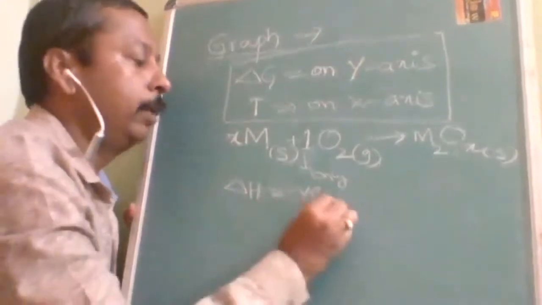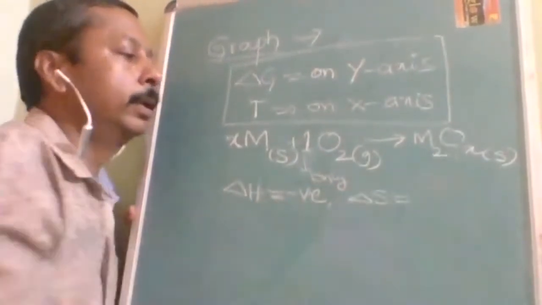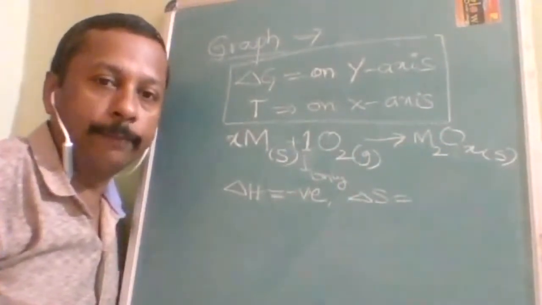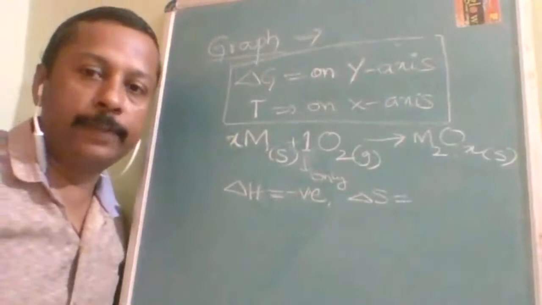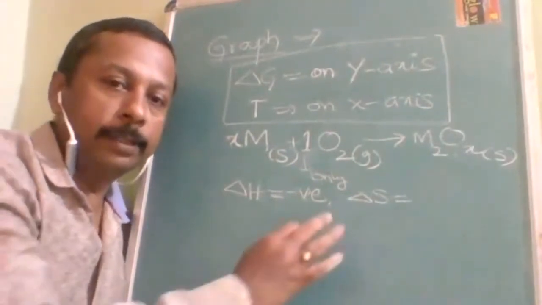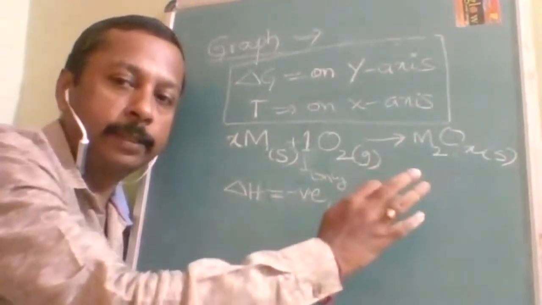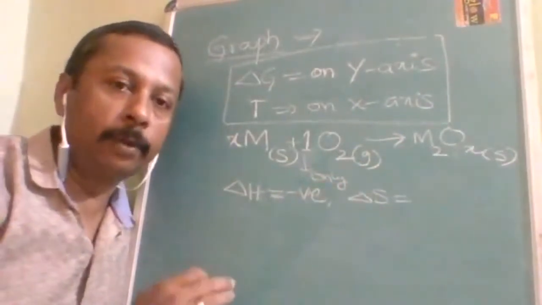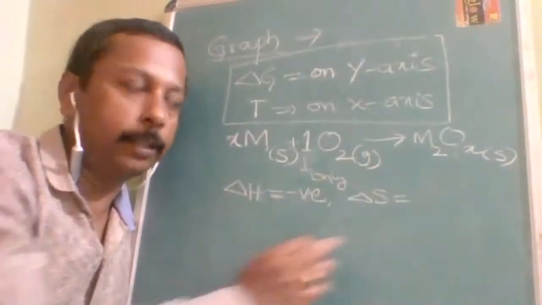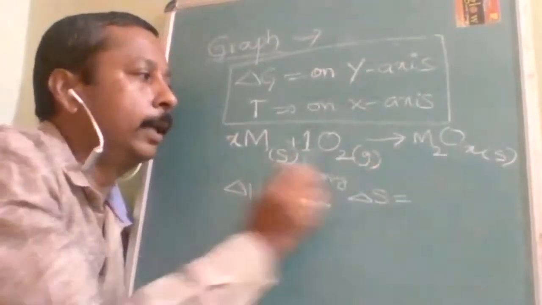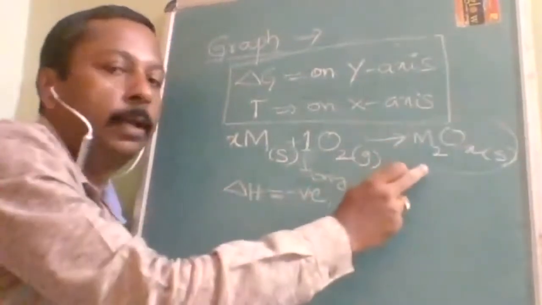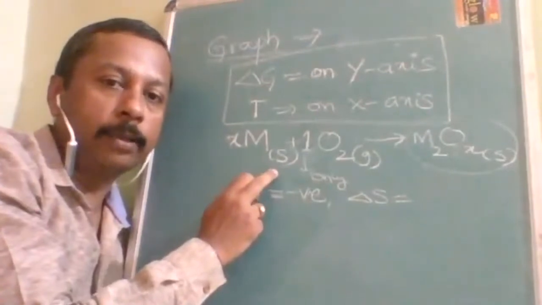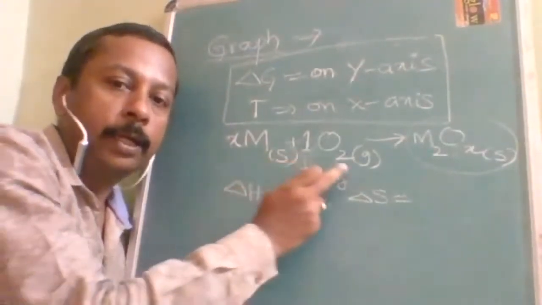Okay. Now tell me about the delta S. For this reaction, I want the sign of delta S. Positive or negative? So how to identify physical states? If I am giving something more time, that means this is more important, not only from the exam point of view, but to understand future points. So here solid, gas and gas. The product is only solid, but the reactant is solid, sometimes liquid also. Like if it is mercury, then at that time it will be liquid and gas.